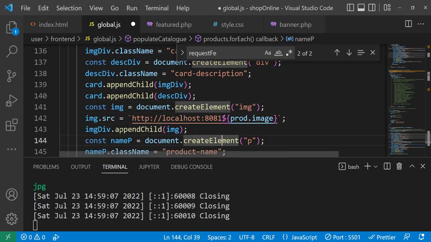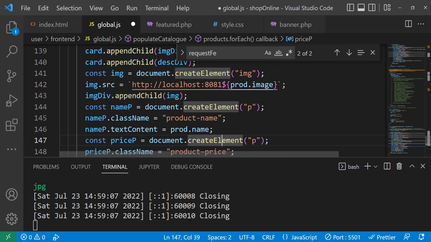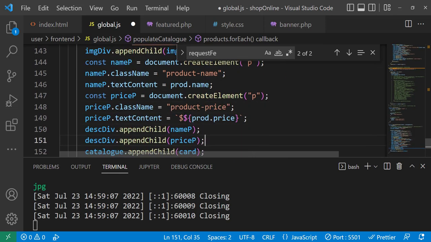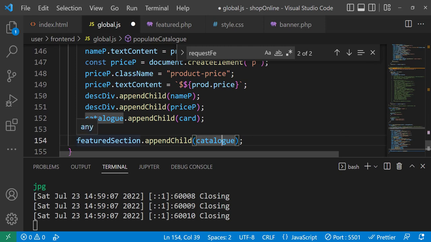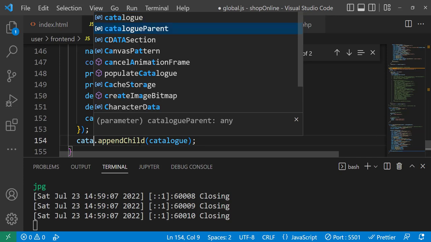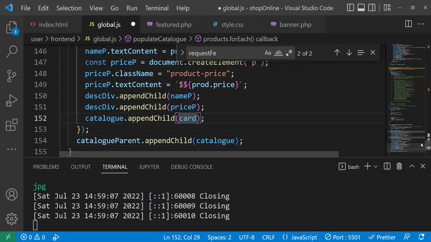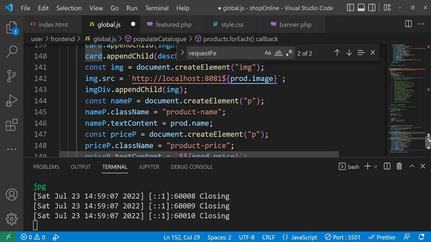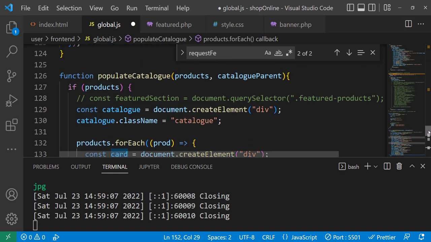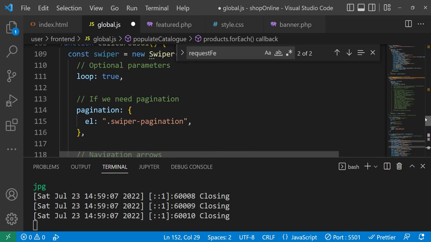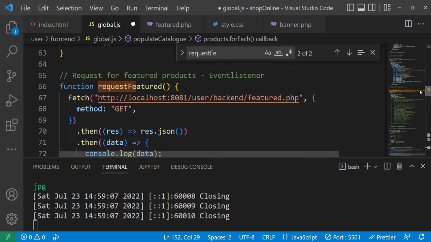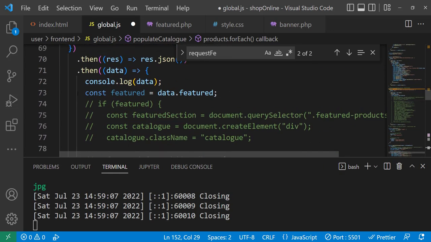Everything is going to remain the same. Over here, instead of featured section, we are going to say catalog parent. The rest is going to remain the same. I hope I have changed everything. Now let's go back up and